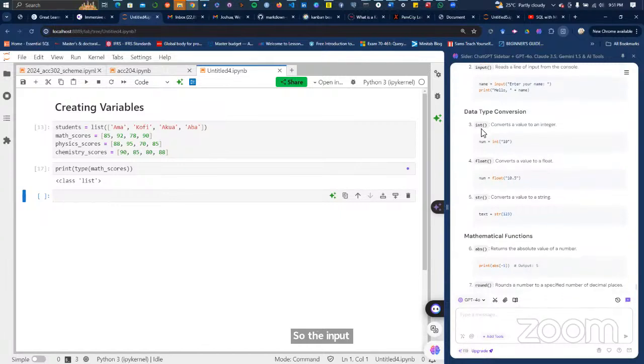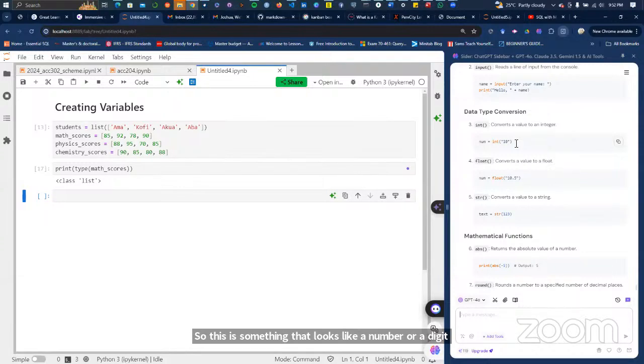Then we have the int function. Remember, we had the int data type, which is int. And here we have int, open closing parenthesis. So the int function converts something which is not a number, something that looks like a number or a digit but is stored as a string, back to an integer.